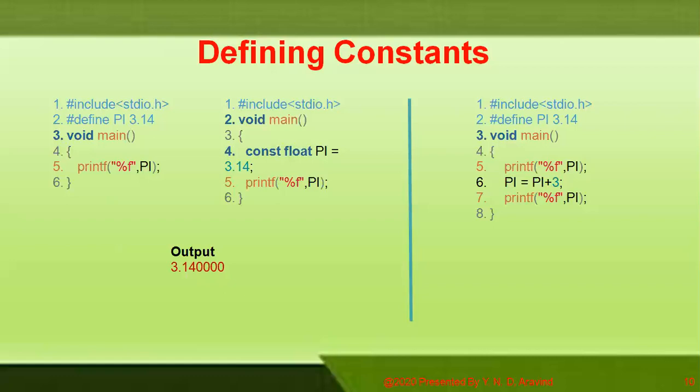So here, if you can see towards my right side, I have written a program with #define pi 3.14, whereas in the sixth line, I tried to change the pi value to pi = pi + 3. So this gives an error, as pi has been declared as a constant, but we are trying to change its value in line 6. Similarly, if we do the same in the second program, then also we get the error.